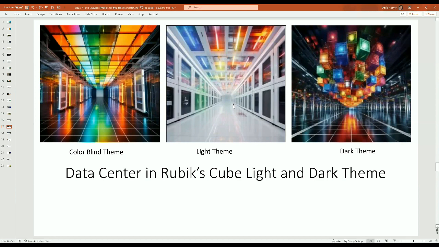So essentially, that's telling the model, take out sort of reds and greens. In some sense, it does get the colorblind theme as well. But the basic notion would be what I would call the classic creative mashup, taking two dissimilar objects, a data center, a Rubik's cube, and give me an architectural design.